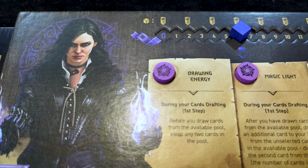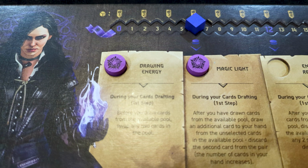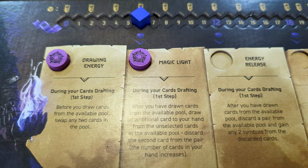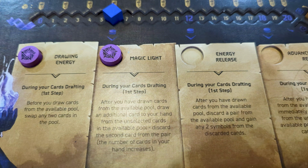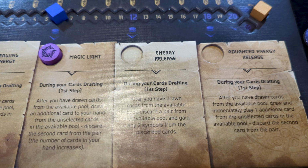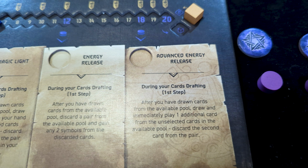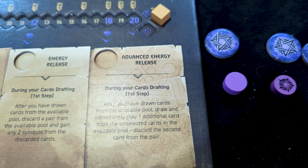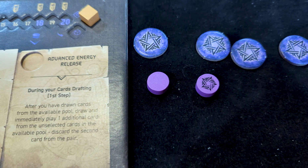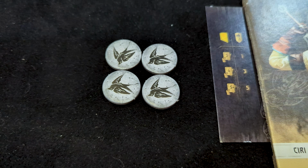For instance, Yennefer does her magic stuff, and that means she's actively manipulating the draft board, moving cards around and taking ones she wants like no one else can do. Geralt, on the other hand, is very determined and focused on what he wants, and can play additional cards and even ignore token removals, often leading him to have the largest tableau of anyone. Combine this with the starting cards that favor specific paths, like Yennefer focusing on magic and having no combat cards, or Geralt being the opposite, and it naturally leads to you going towards different paths,